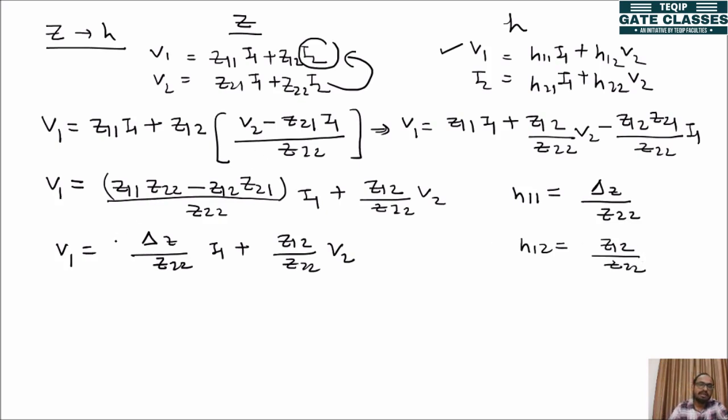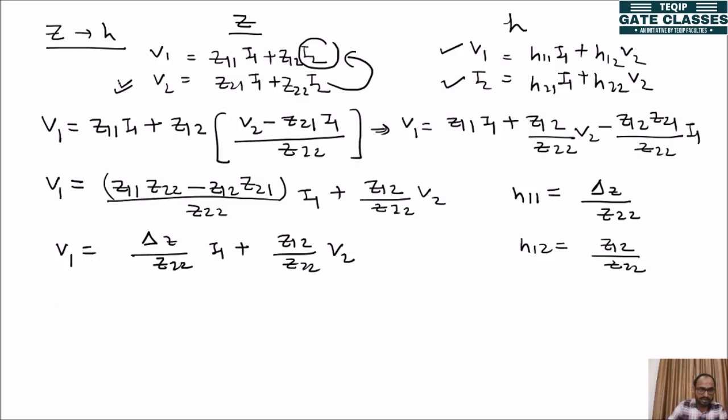Now see the second equation. In the second equation, V2 is a function of I1, I2. But here in this second equation, we want what? I2 as a function of I1 and V2. I2, I1 and V2 are all present in this equation. Just by minor modification, we can get the relation. How? Put I2 on one side and I1 and V2 on the other side, and you will get the relationship.